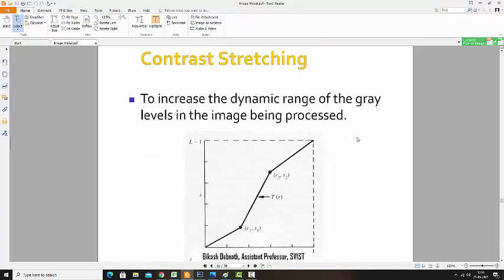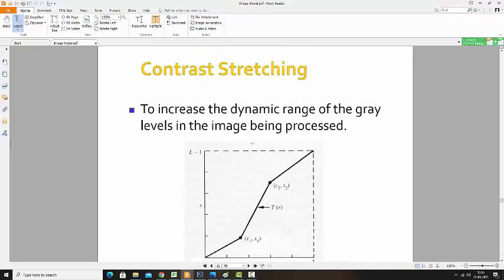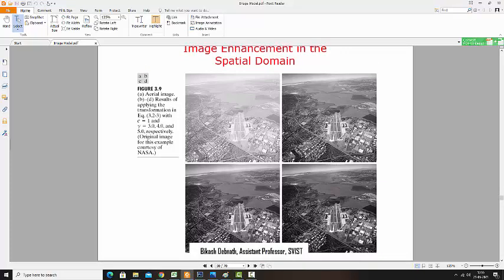Contrast stretching is there afterwards. We will come across contrast stretching, which we have already done, but here we will see just 2 points. These 2 points can be eliminated and it can be an identity one, or otherwise if we stretch this one, then other things will occur. We will come to this on the next day. First of all, we have to understand this gamma presentation.